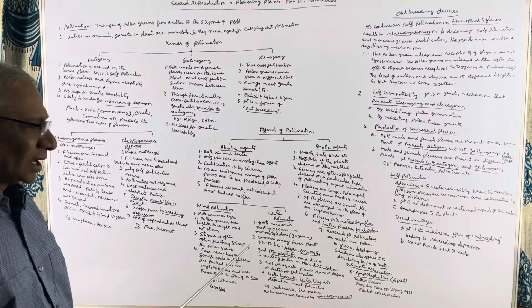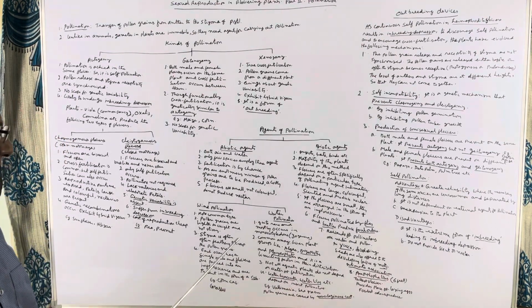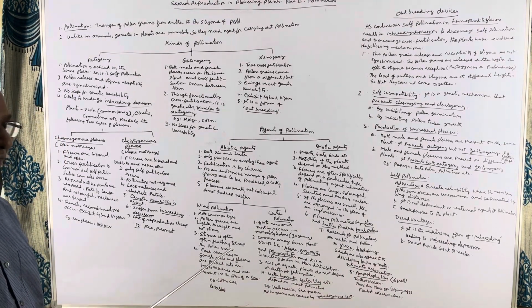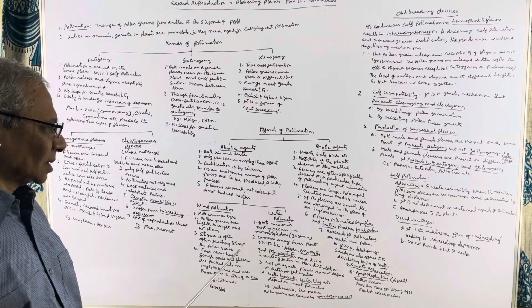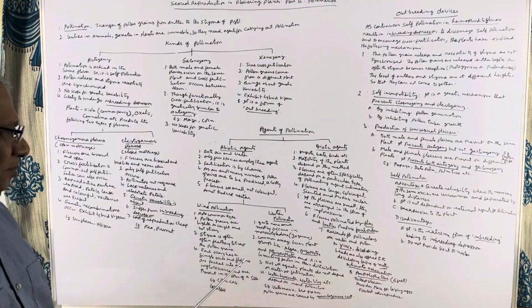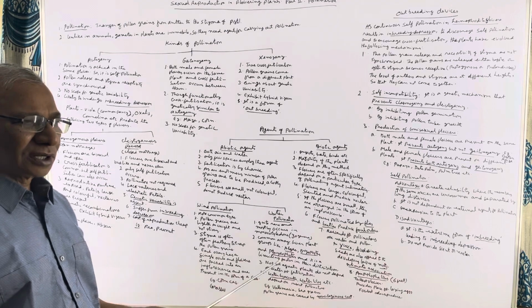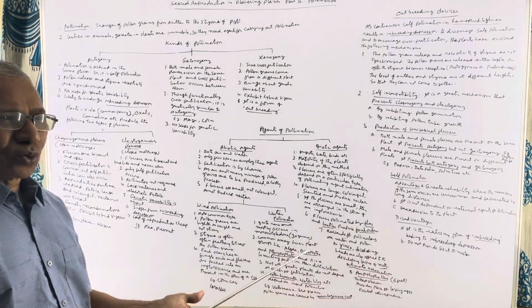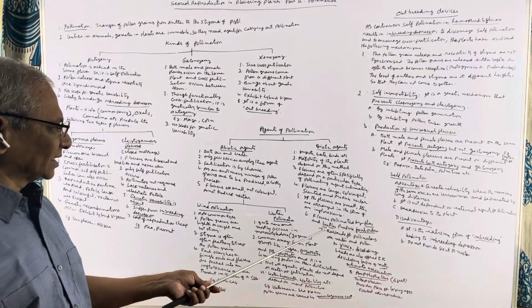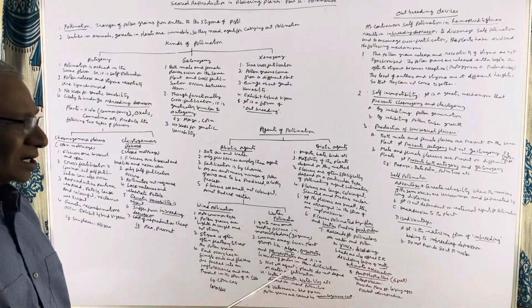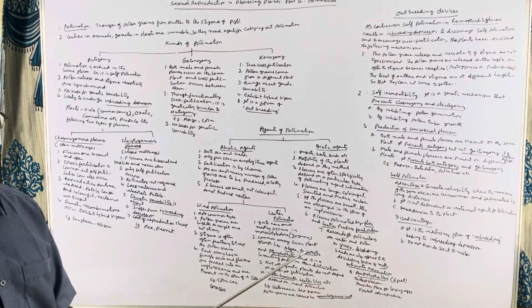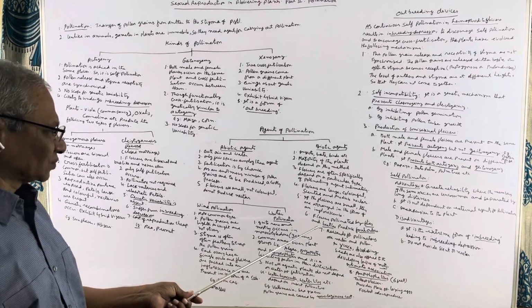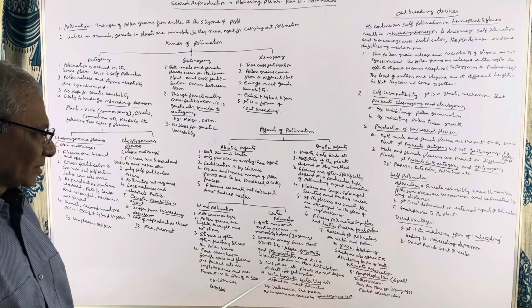Then, if the flowers are small, they are arranged in the form of an inflorescence to attract the animal agents. Some plants produce not fragrance but a foul odor. In this case, the agents are flies and beetles. Flies and beetles are not attracted by scent but by foul odor. That's why those plants produce foul odor.